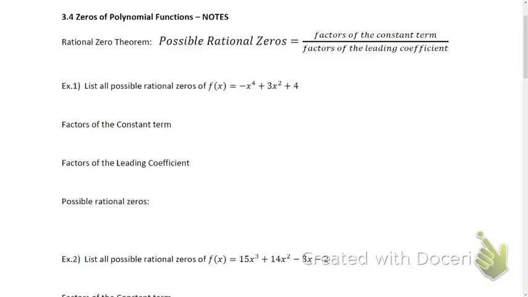In college algebra, this first day back, we picked up right where we left off with possible rational zeros. So we have that formula at the top of the screen, and that's going to help us find those possible zeros. We have to look at the factors of the constant and factors of the lead. So for example, in number 1, the constant